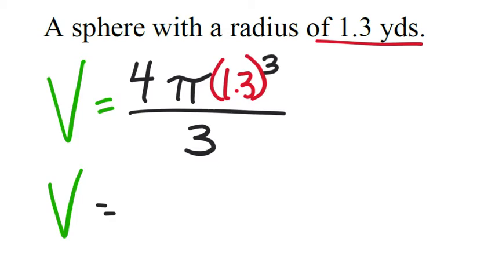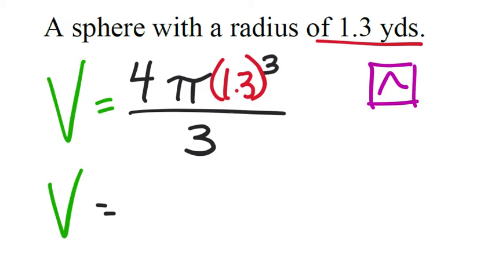So 4, and so I push the n over d button, 4 times pi times 1.3 to the power of 3. Now remember, to access exponents that are bigger than 2, you got to use the exponent button. That's one button to the left of 7 and one button up. So that's the button I'm using, to the power of 3. And then you'll have to use the oval cursor to get out of the exponent